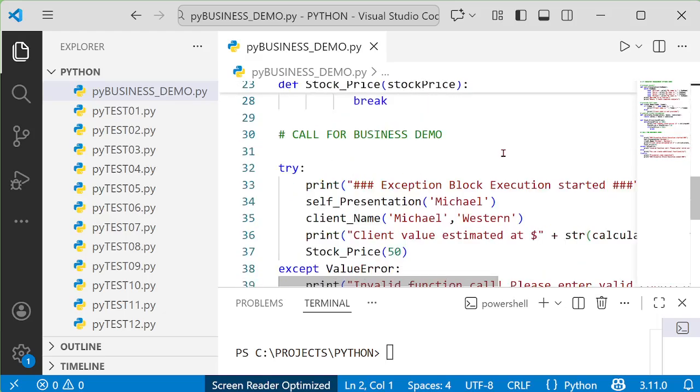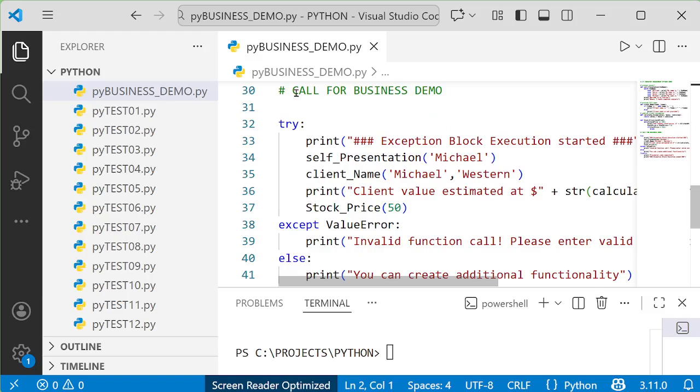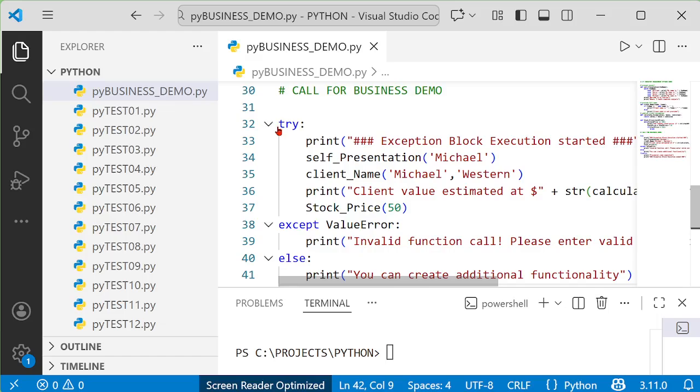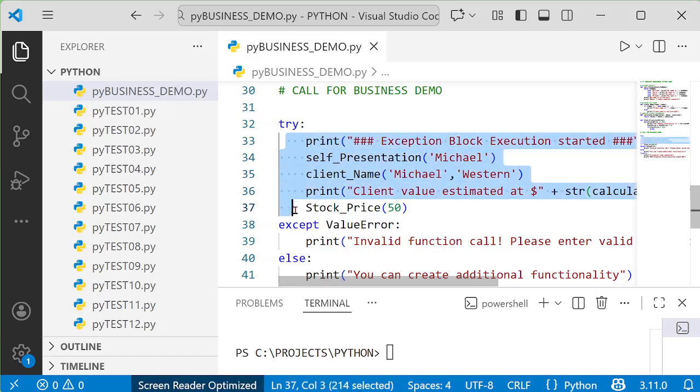First of all, this is the main body. We're going to be calling business demo functions. This time, we're going to be using exception handling using try, except to catch an error, else, and finally statement block. First of all, we're going to try to execute this